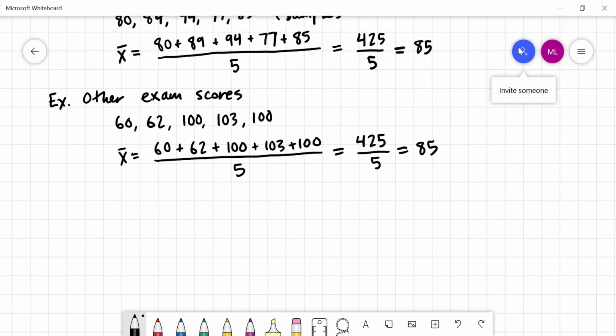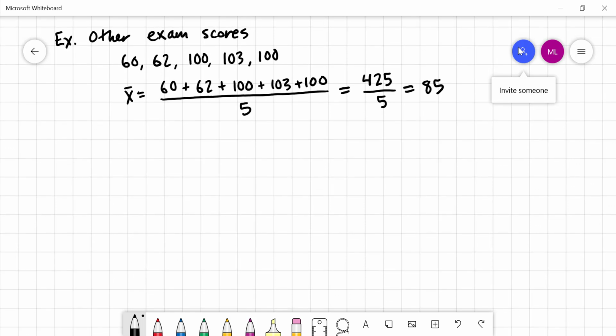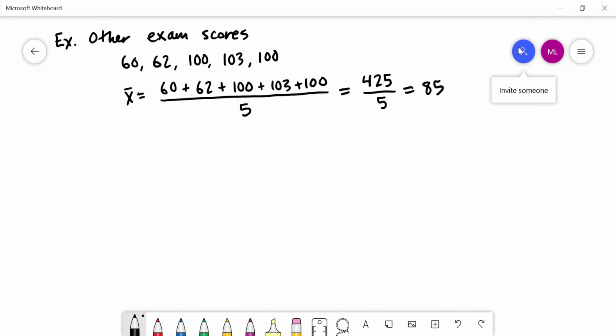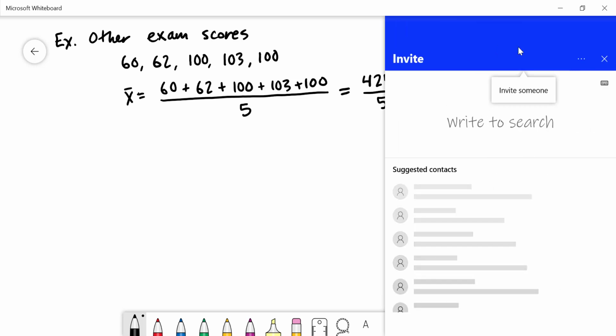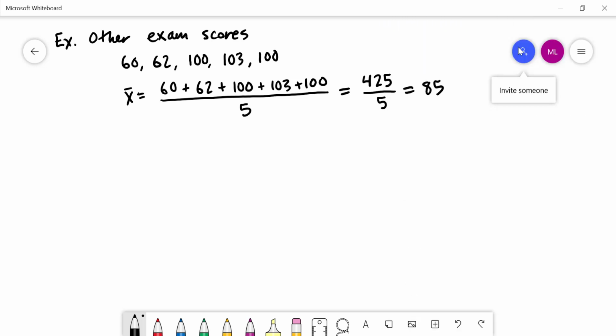I want to give you one last way to think about how these things work. Let me get rid of this here. Okay. So one other way that you can interpret what the mean is, the mean can be thought of